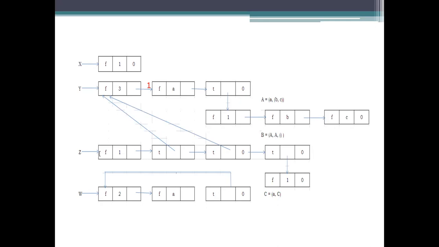And coming to the next one, Z, which has been representing the B list here. However it is used, initially it is 1. Okay. As it is a list, how many times has it been used? At present it is being used a second time, and here it is being used a third time. So how many reference counts are there? How many times has A been used? 1, 2, 3. 3 has to be mentioned here.